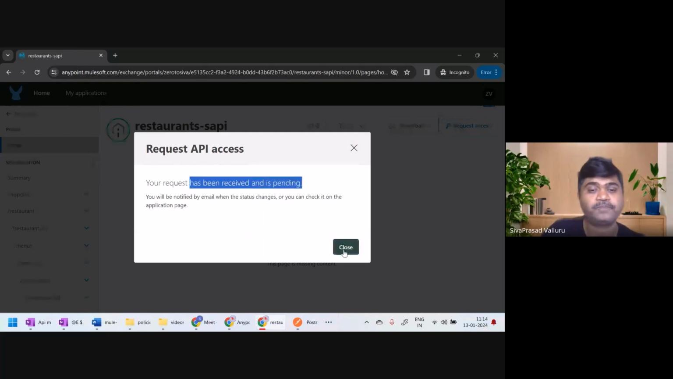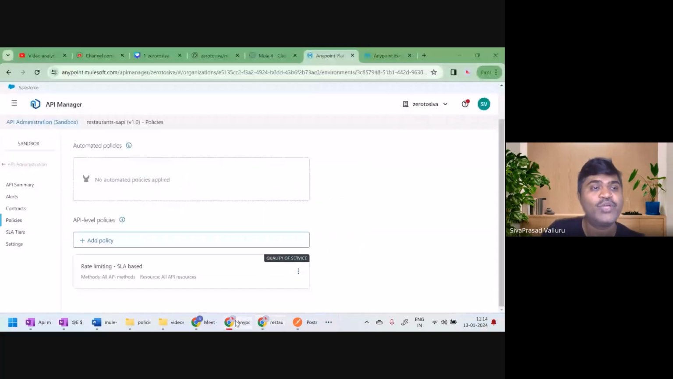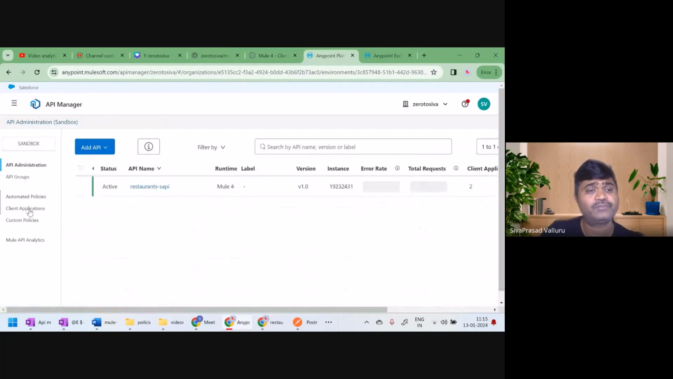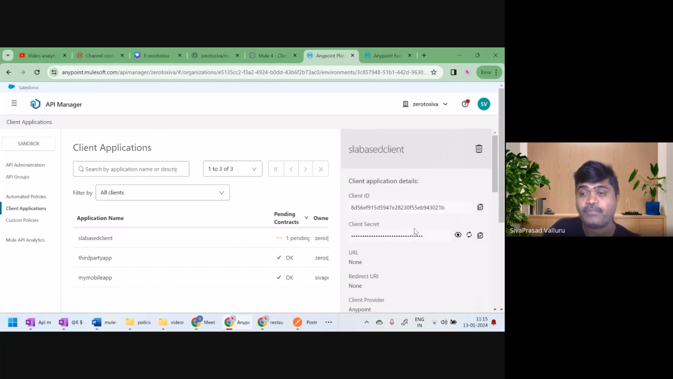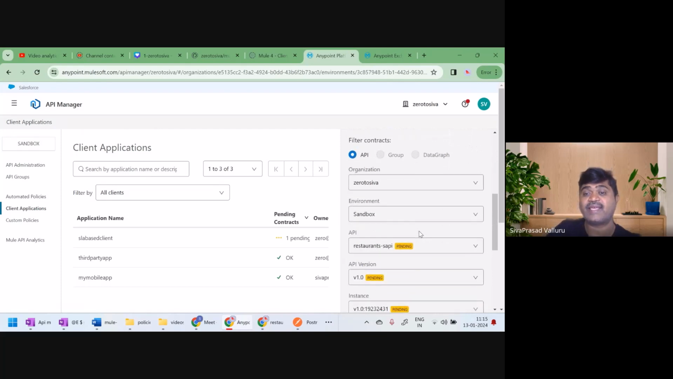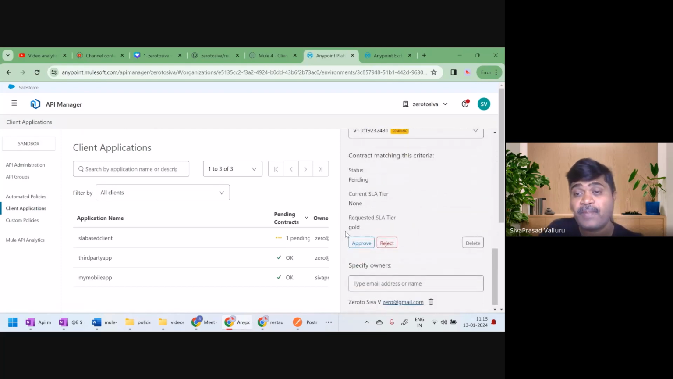Okay. So the API owner should have received this request, right? So I'll go to API Manager, Client Applications. Here you can see for the SLA based client, the contract is pending. Earlier it was okay, now this is pending. Now what I can do, here I can see the requested SLA tier